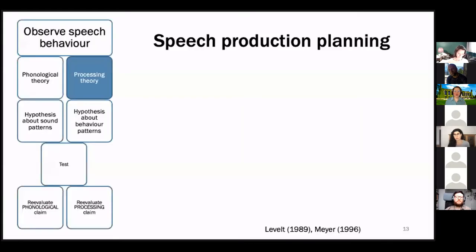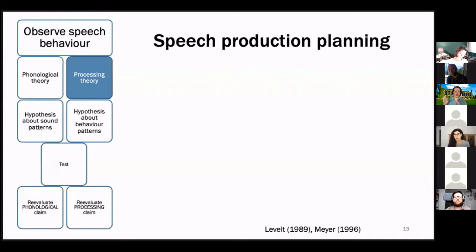So the starting point for this different perspective is to actually move into a different theory and think about speech production planning. So I'll give a brief overview of some ideas in speech production planning. There are many different kinds of approaches and theories, and all the fine details are still being worked out, I would say, but